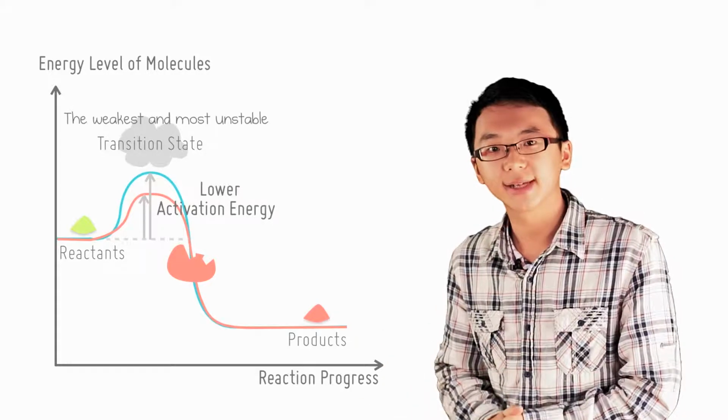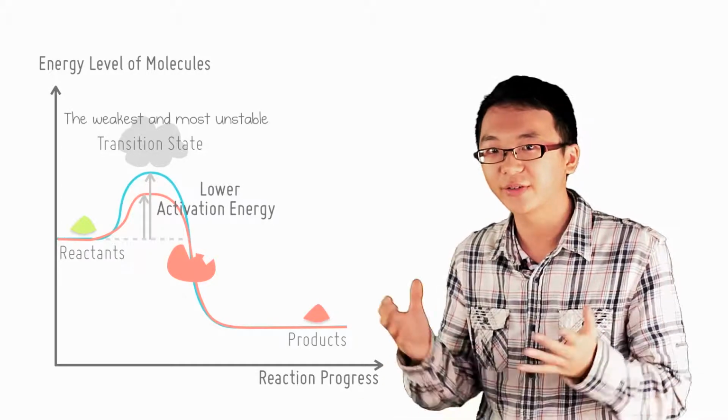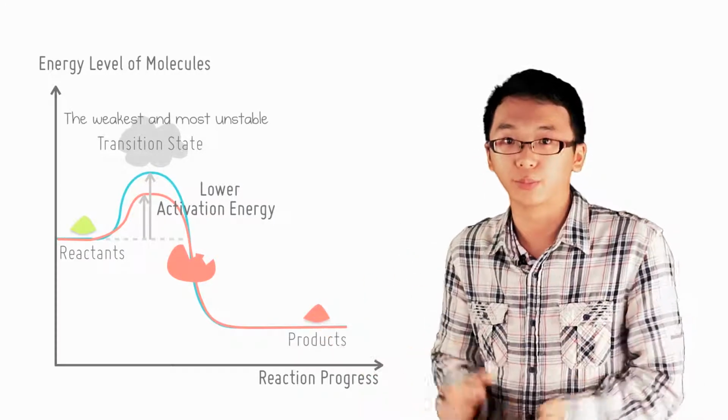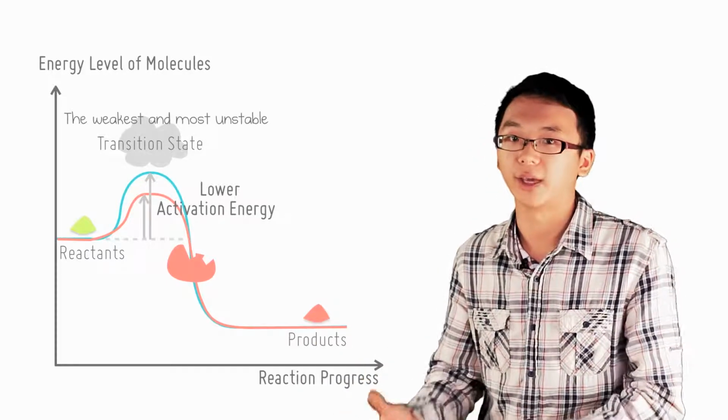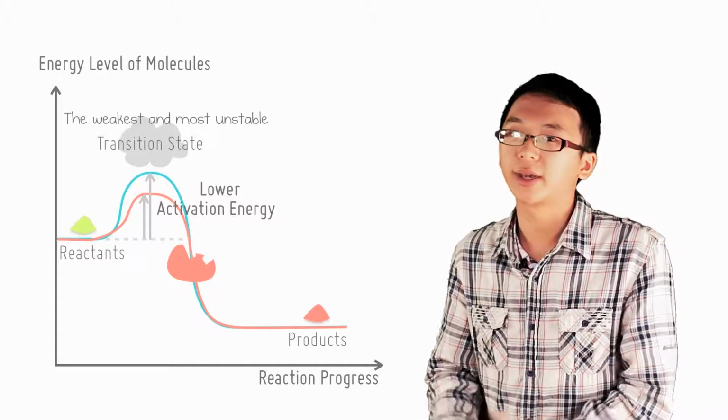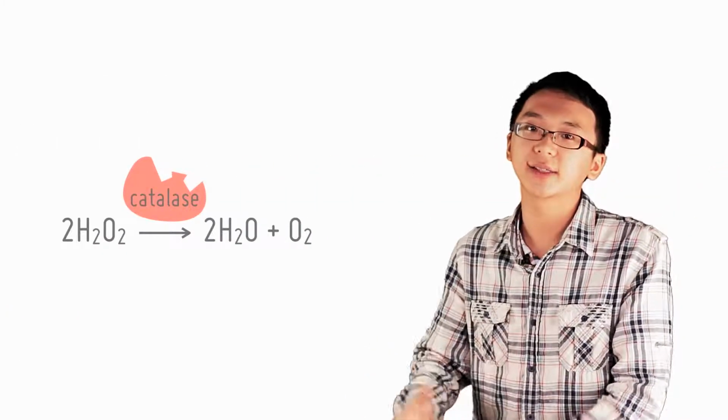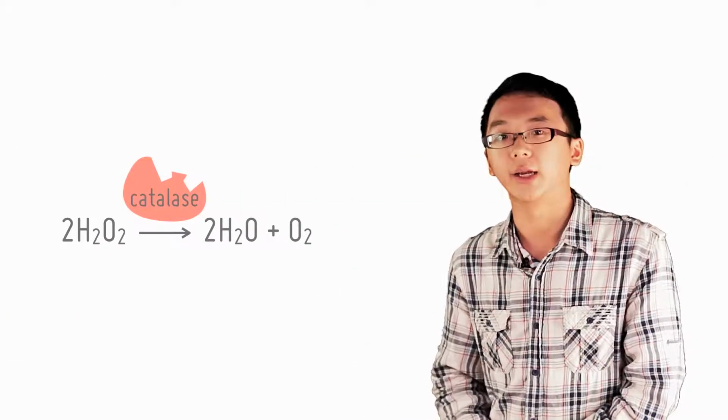The graph of an enzyme-catalyzed reaction progress is very similar to ordinary chemical reactions. To study the reaction progress, there are a few methods that we can use. First, we'll be looking at the enzyme catalase, which catalyzes the breaking down of harmful peroxide in our bodies into